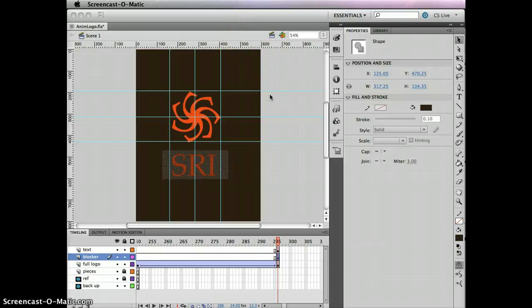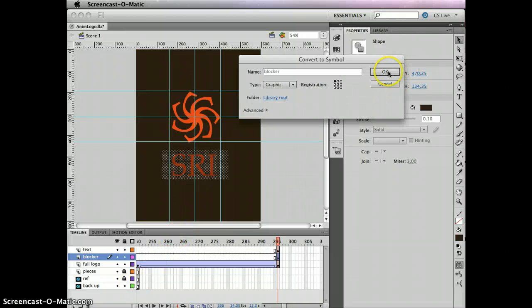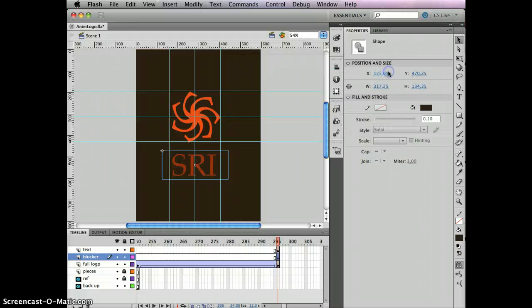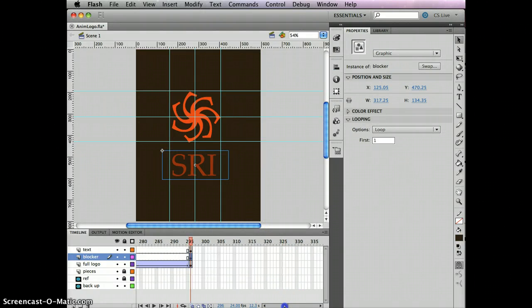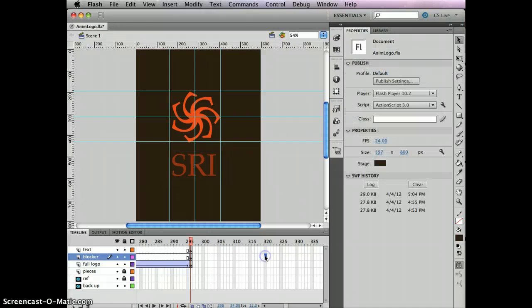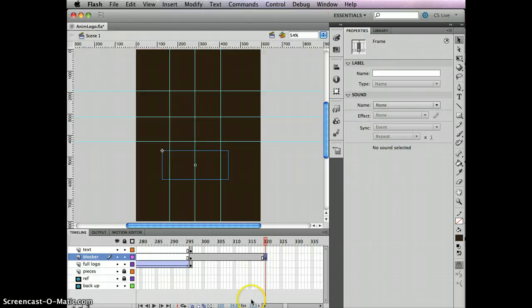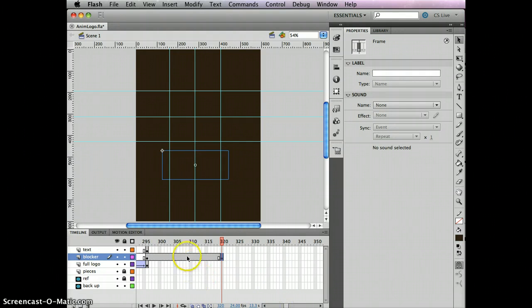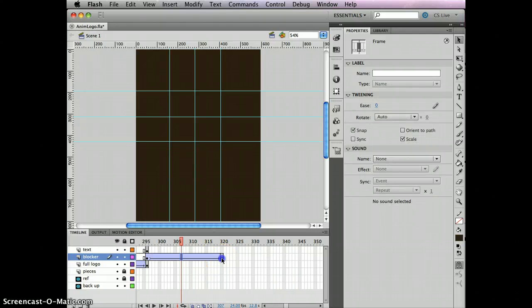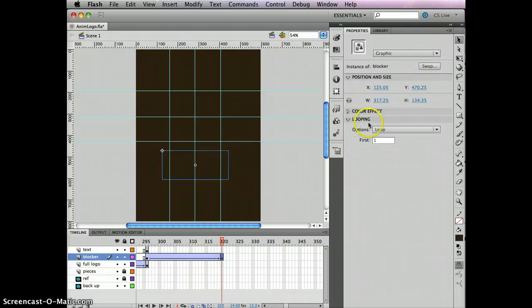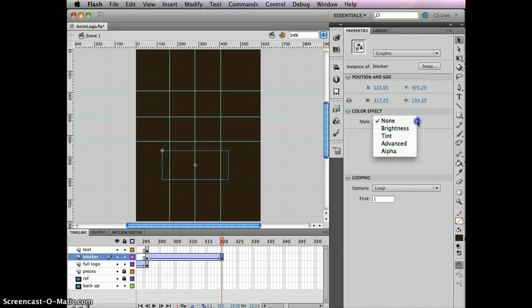Okay, then we're going to select that piece, and we're just going to simply create a graphic symbol of it, and I will call it blocker, or you can call it fade in, fade out, whatever you like. And then all we need to do is make that go from full opacity or full alpha to 0 opacity so that we can see what's behind it. So I'm just going to take a guess at how long that should be. Going to do an F6 here and do my classic tween and go to this last frame, click here, and I'm going to go to color effect and change its alpha